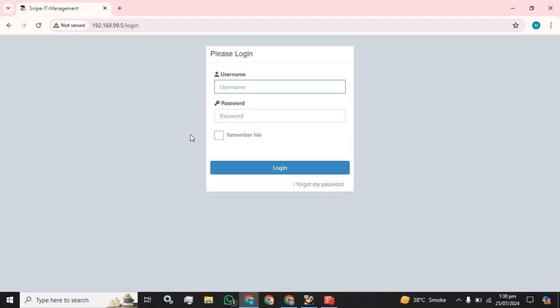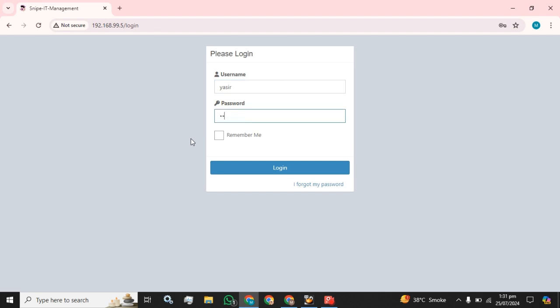Today my topic is Snipe IT, an open source asset management tool which is free and you can easily install on CentOS Linux, CentOS or the Ubuntu OS. Today I am going to guide you how you can create a read-only user in your Snipe IT management tool or the server. The user can only read the server, read the dashboard, and only view the asset licenses, whatever you have added in your Snipe IT server.